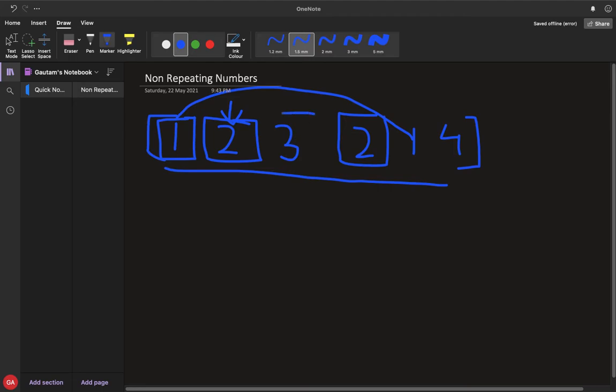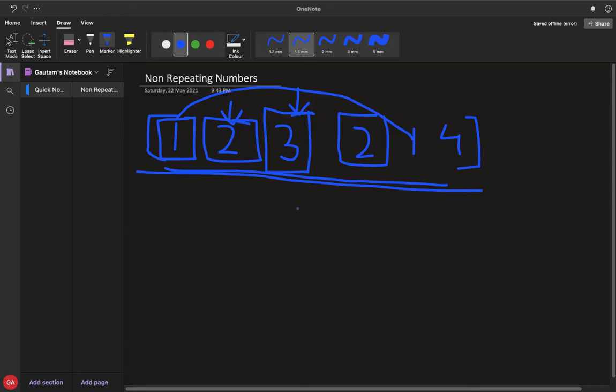Then we'll come to 3, check the whole array, and find that there is no other 3 present in the array, so we'll simply store this value and follow the same procedure again.